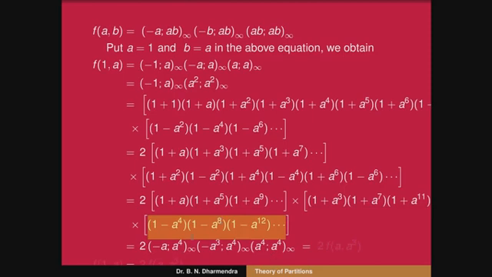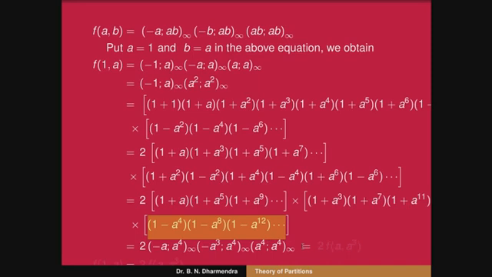So now after using this, you can observe 2 times minus a to the power of 4 infinity, minus a cube a to the power of 4 infinity, a to the power of 4, a to the power of 4 infinity. So by using this definition, if minus a is there, that is f of a, and here minus b is there, that is f of a b. So by using this result, the first term is minus a, and the second term is minus a cube. And also the terms here are a to the power of 4, a to the power of 4.